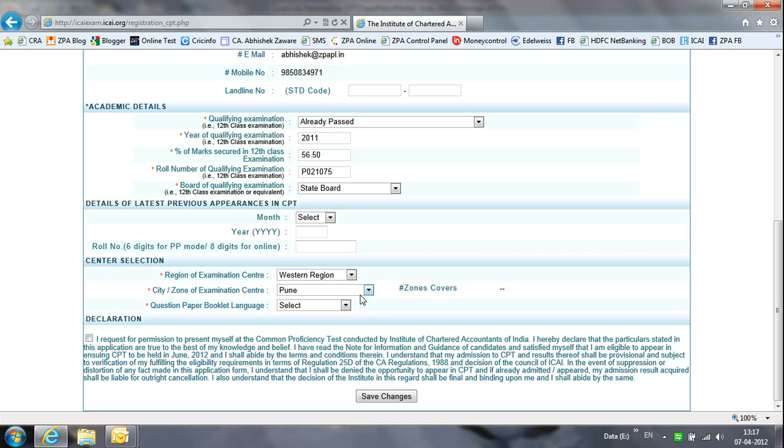After you select Pune, please click outside. In case you don't click and you just scroll your mouse, the center may get changed automatically. So after Pune, please click outside. Question paper booklet language, I selected English. Then I click outside again. Declaration, I accept. Now once I save the changes, it will ask me, do you want to proceed to the